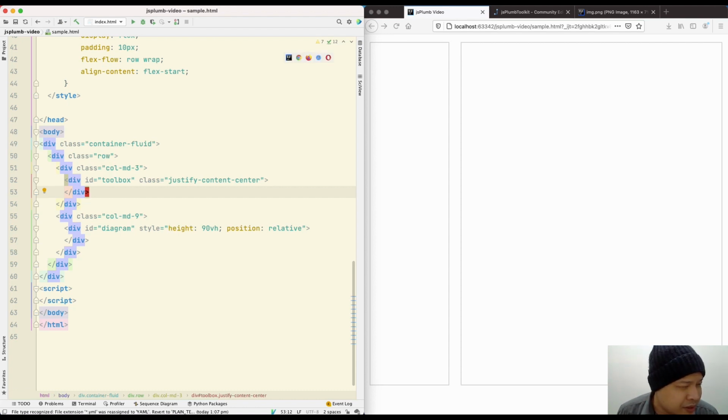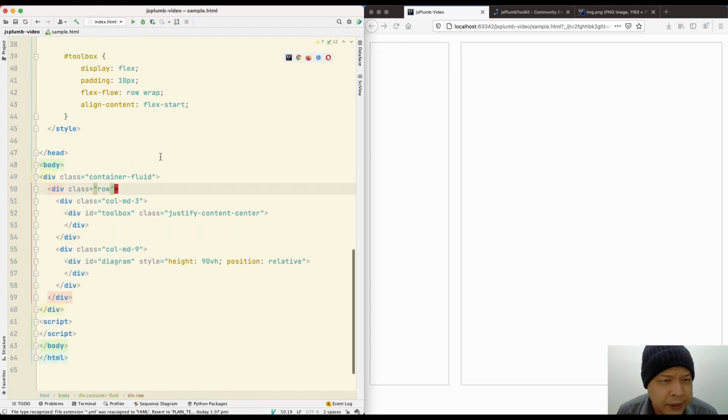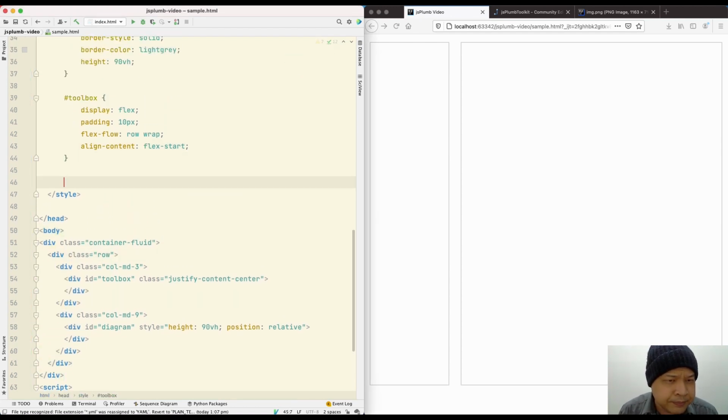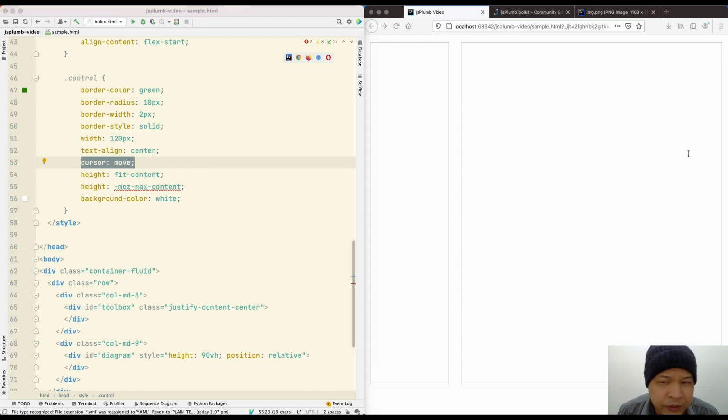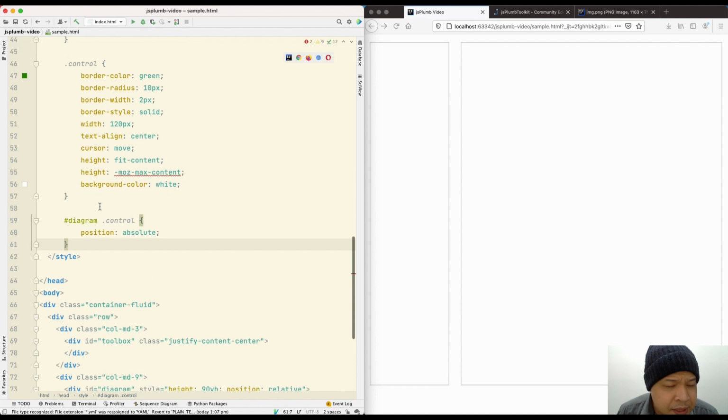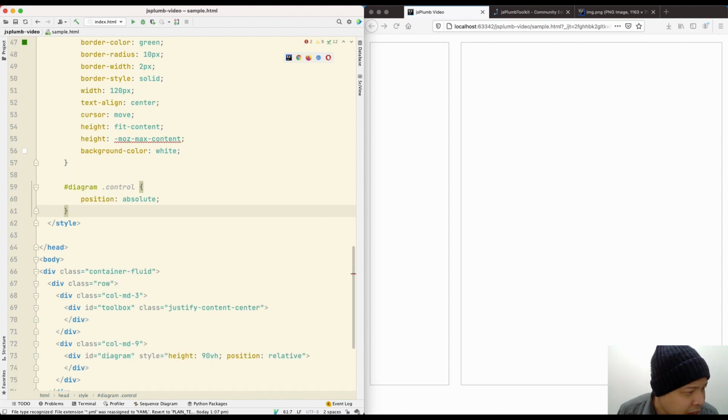Let's add some basic styling for these controls. Also within the diagram div, we want the controls to be positioned with absolute positioning. So we're going to add that CSS rule as well. Okay, so we've gotten the CSS style. Now let's add the